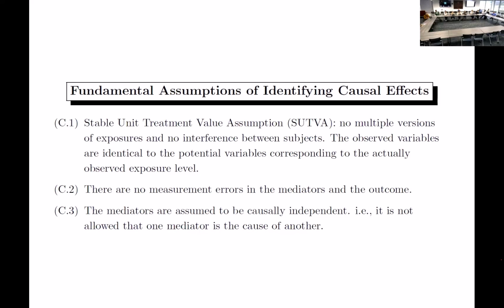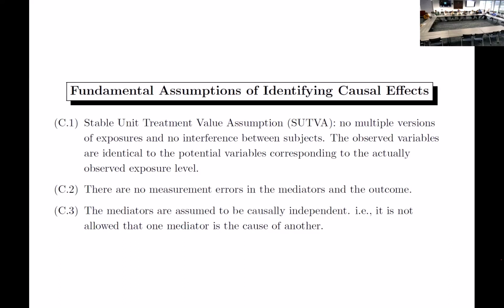That means no multiple versions of exposure and no interference between subjects. So the observed variables are identical to the potential variables corresponding to the actual observed exposure levels. No interference between subjects means you think the people are independent of each other; they will not talk to each other and receive an interactive effect. And C2 is no measurement error in the mediator and outcome,